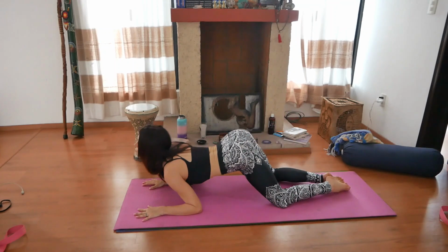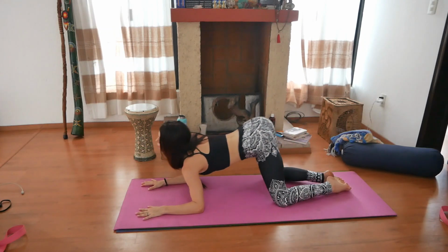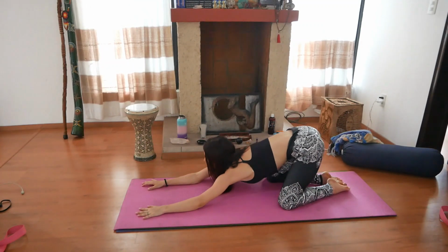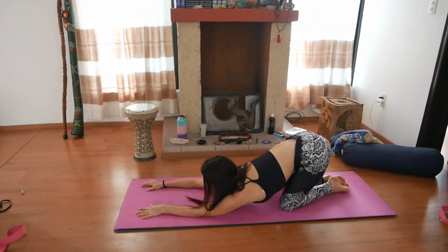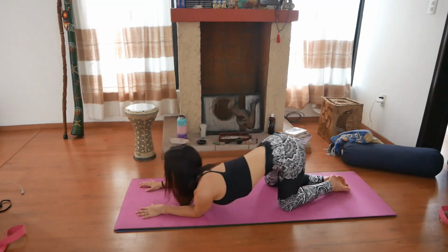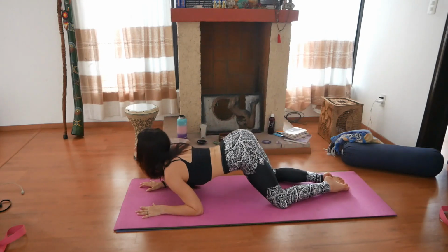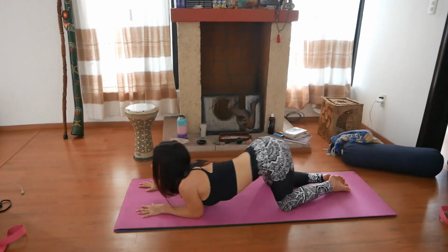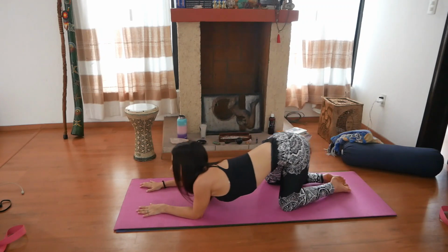up and around, kind of coming back into a wide-legged child's pose, and then drawing your hips and your ribs in a circular motion, feeling and moving around in this beautiful circular motion. Awakening your body, awakening your spine, moving around in a circle, drawing your hips back, and then switching direction, switching now, going the opposite direction, moving around,